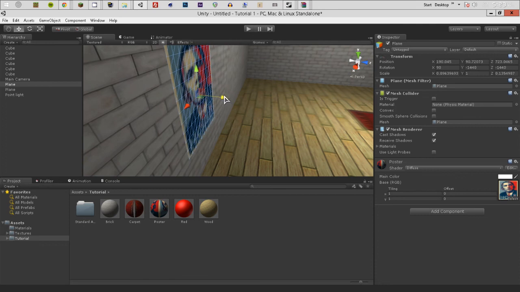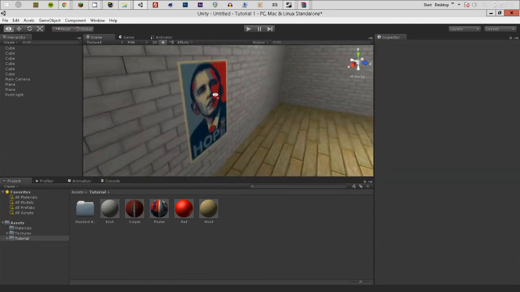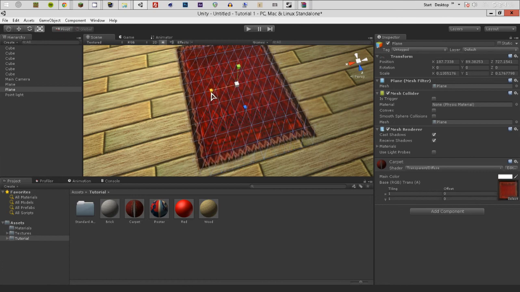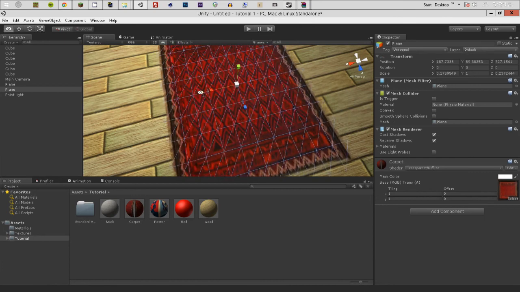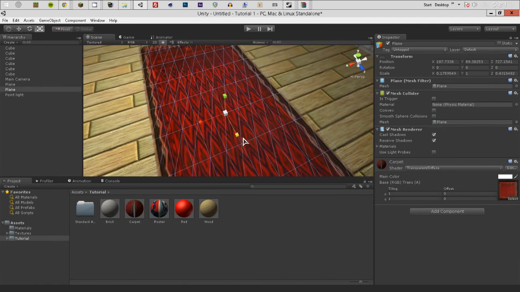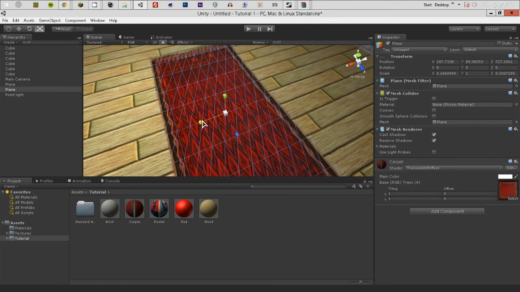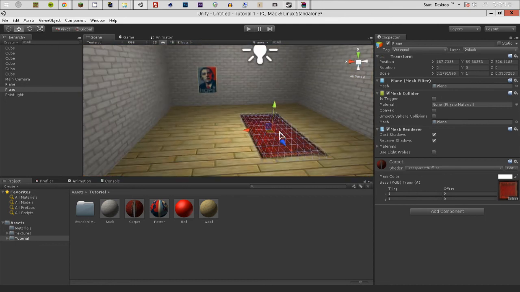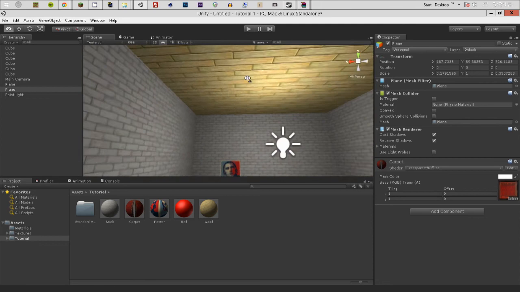Besides that, alright, that's good. So now we have a poster and a basic carpet. It needs to be a little bit bigger because it doesn't look as good. There we go. So as you can see, we've got ourselves a very basic level design here. So we got a poster, we got some carpet, we got some walls, and a roof and floor, which is very self-explanatory. So that is a pretty good explanation on materials and what you can do with it,